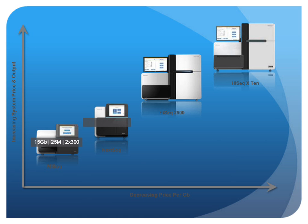The NextSeq can run 120 gigabases. The third machine, the HiSeq 2500, can run up to 1,000 gigabases, and the fourth machine, the HiSeq X10, can run up to 1,800 gigabases. Yesterday, 3 additional Illumina machines were announced, and they look to be filling the space between the HiSeq 2500